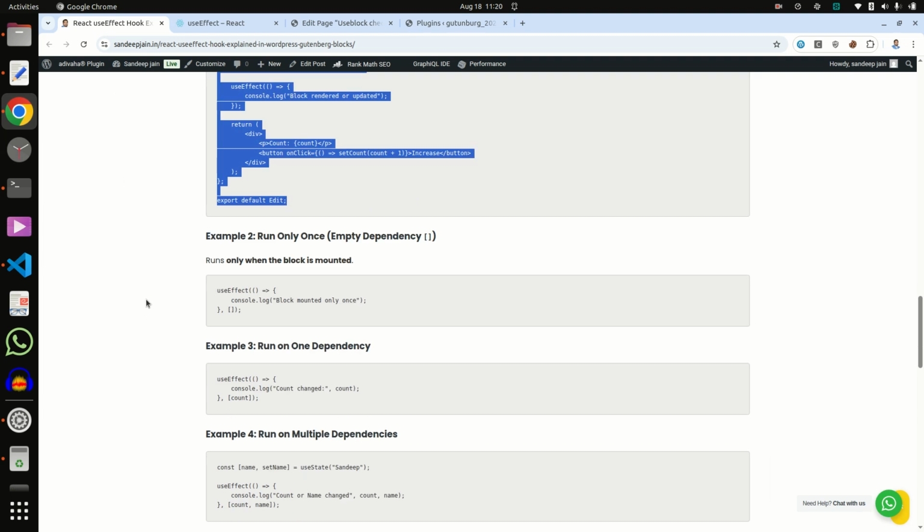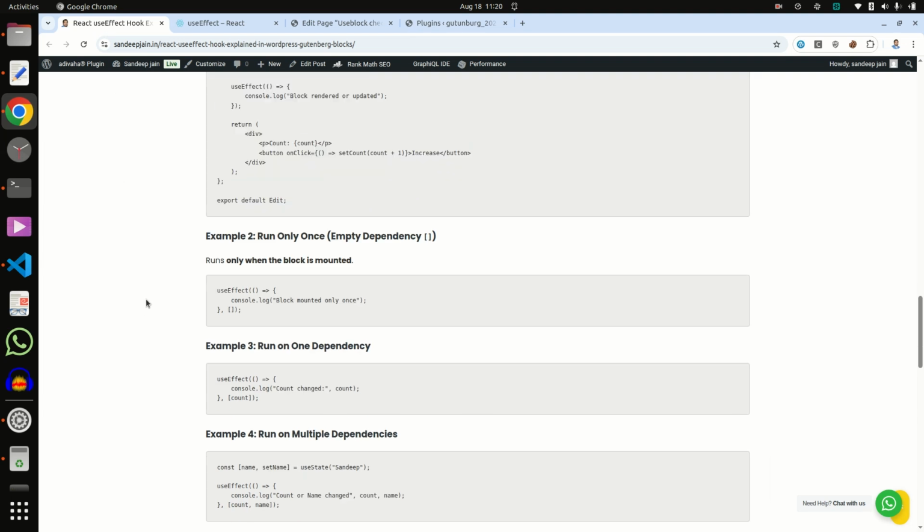In the second case, run only once means an empty dependency.